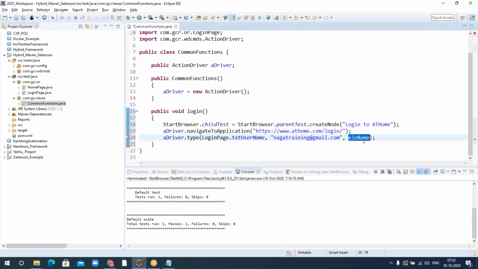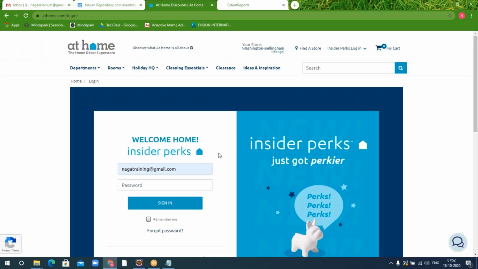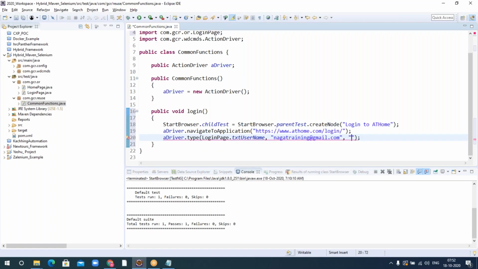And here comes the element name. What is the element name? This is the email address. I'll say email text box, so that in the report it occurs the same way. Successfully entered some username in the email box.